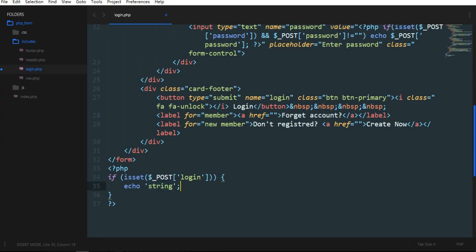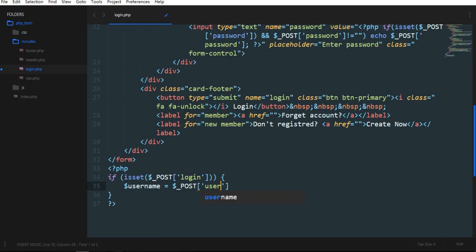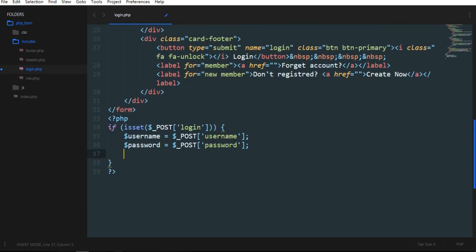So we need to say this one username is equals to post username, password is equals to post password. Then we have already made this. Let's